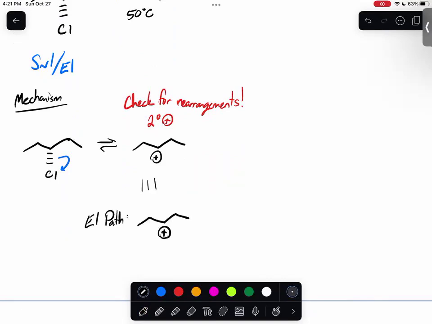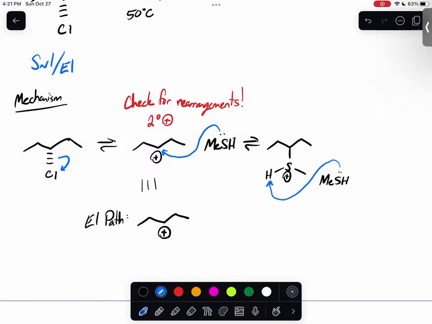So looking at this, we'll just draw the same structure because this is where they split off. For SN1, what we see is that our thiol, which is acting as our nucleophile, is going to come in and attack that carbon that the carbocation's on. And so we're going to form that carbon-sulfur bond. That's going to leave our sulfur with that methyl group and the hydrogen still attached. So now it has three bonds as a positive charge. So from here, another equivalent of the thiol is going to come around, grab that proton, give the electrons back to the sulfur to now make it a neutral thioether. All right. And so this is our SN1